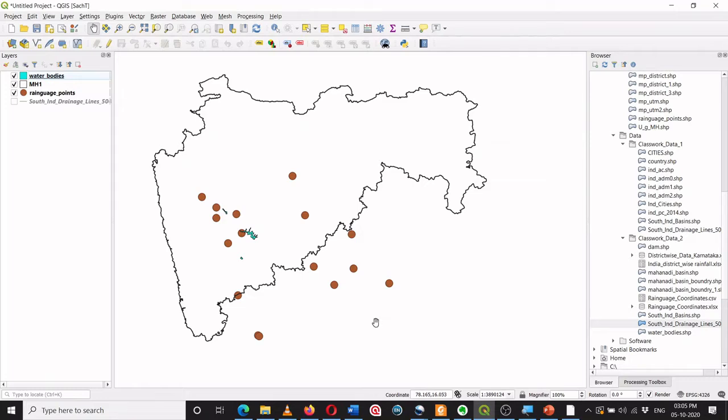So for example, if I wanted to know whether these rain gauge stations are sufficient to cover the entire topography, and by some research, this is now a purely hypothetical case, you come to know that a rain gauge station represents an area equivalent to a 50-kilometer radius.